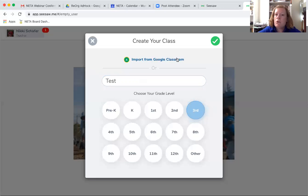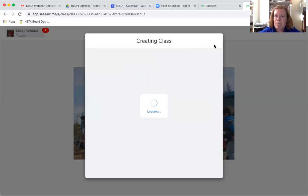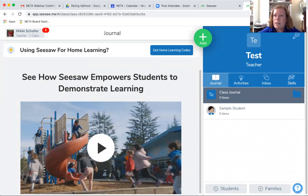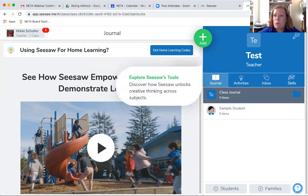This import from Google Classroom is great if you are an individual, if you've paid for an individual account. Otherwise, it's not really all that useful. So I'm going to click on the check mark to create the class. And then as you can see, it's taking me straight to my dashboard, which is really nice. So in my dashboard,